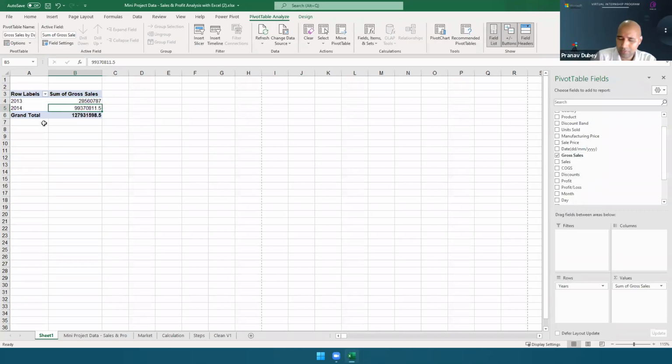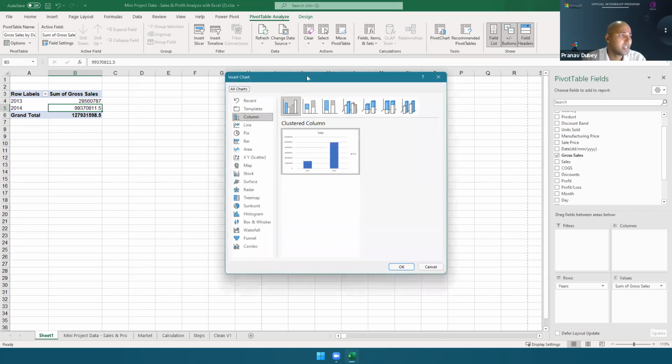So once we get a table, usually in a pivot table, whatever the output comes is in a tabular format only. Then we try to create a chart from this. So let's convert this into a chart. To create a chart, click in the pivot table area, and then we have some options here: pivot chart or recommended pivot tables, or you can go to insert and also create it. But here, since we have a shortcut, we'll go to pivot chart, and choose what chart we want to create.